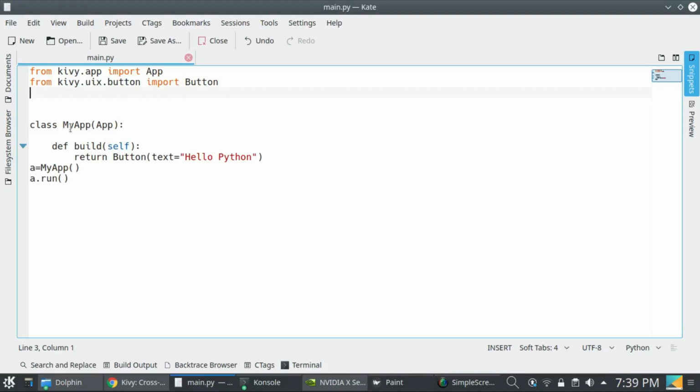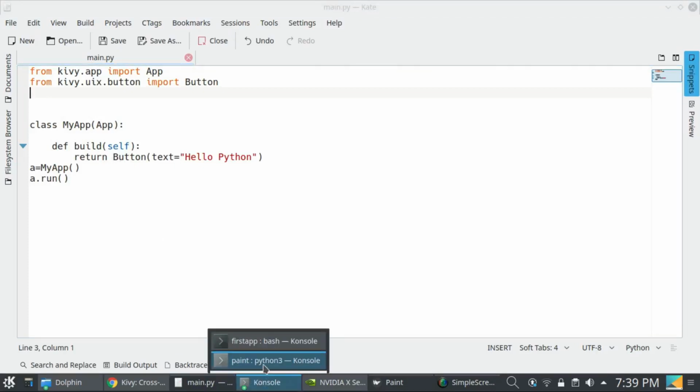I have defined my app class, which is a child class of the App class, and I have overridden the build method. The build method will initialize our widget tree. As I have used only a button here, it shows only a button.